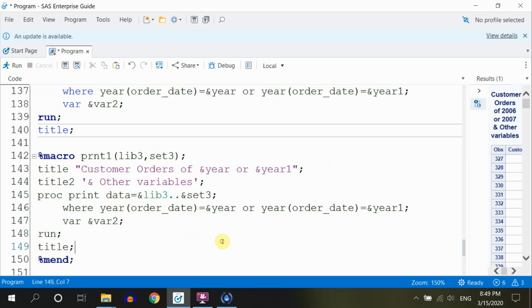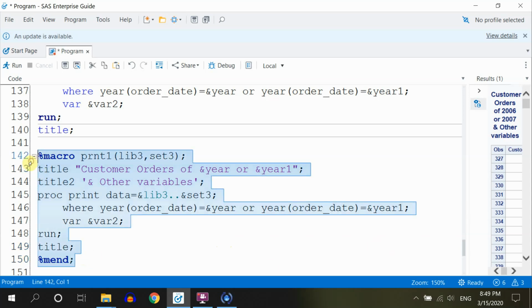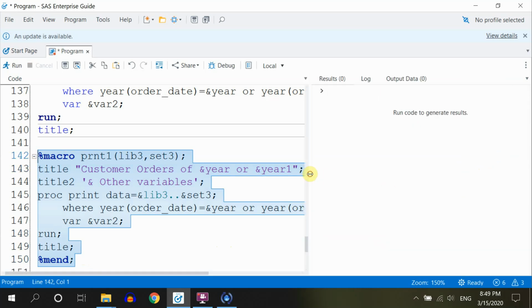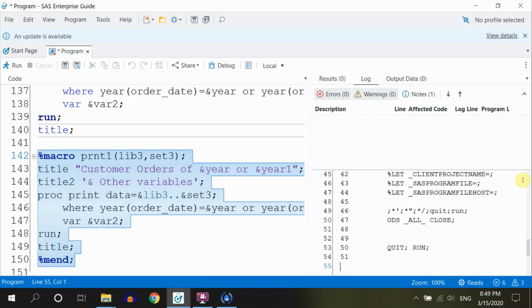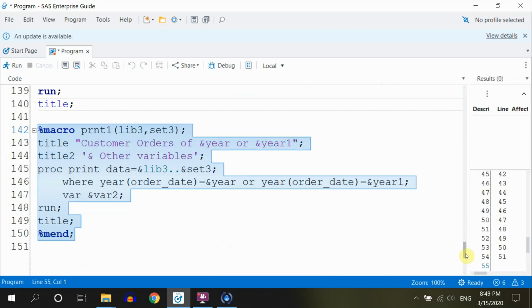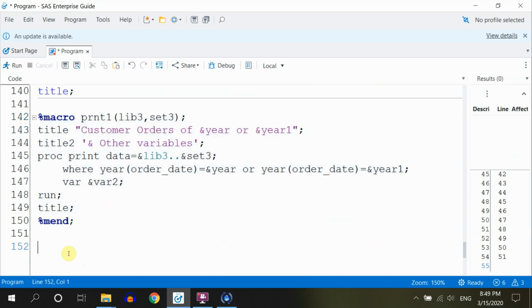So that's pretty much all we need to do, and that's it. So if I run this program, I should have no result yet, because it's not a program, it's just a macro program, but I see no errors, no warnings. That's a good sign. And now let me just run that